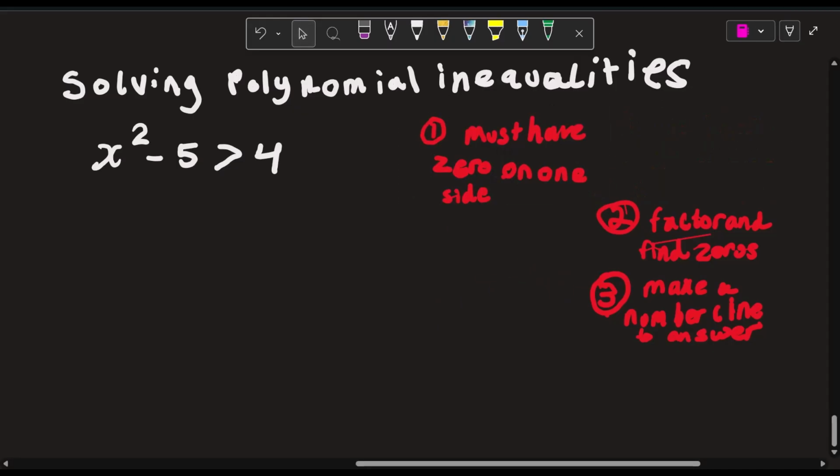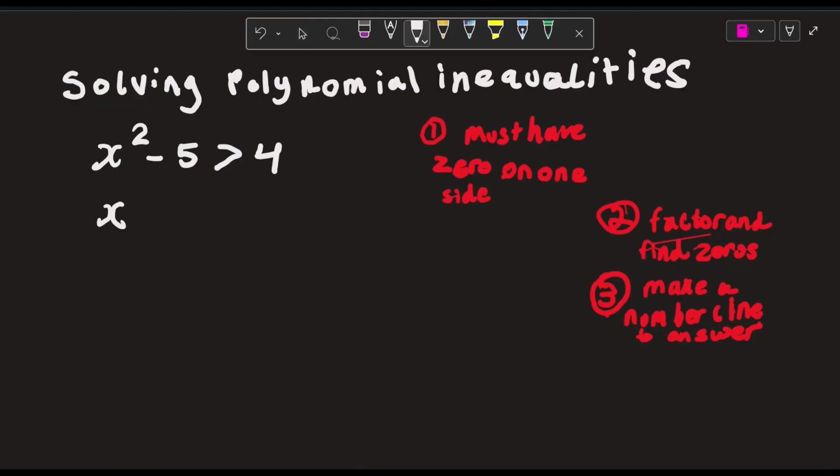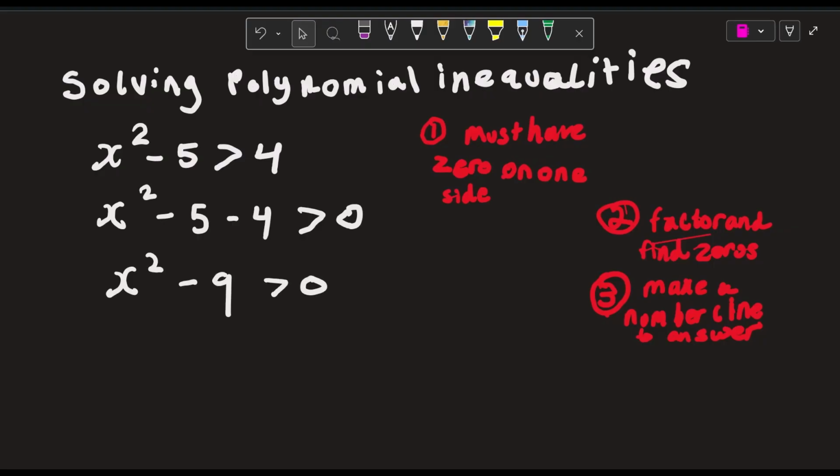So we must have a 0 on one side. Currently we have 4 on the other side of the inequality. So let's move that 4 to the left side with the x squared and minus 5 to make it x squared minus 5 minus 4. Then if we simplify, we will get x squared minus 9, which leads us into our next step, factor and